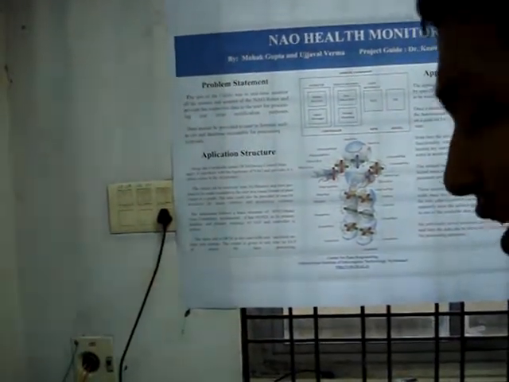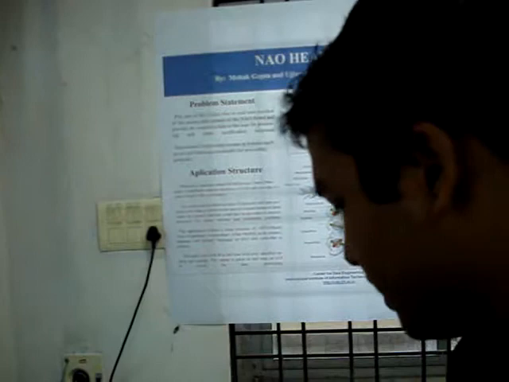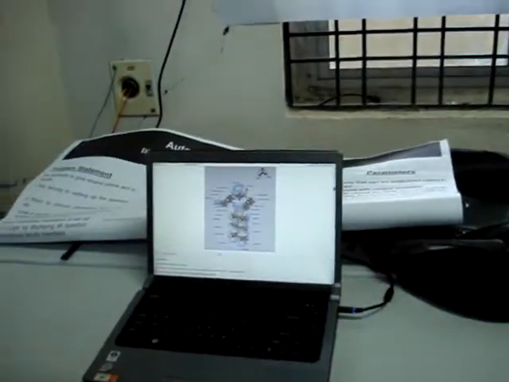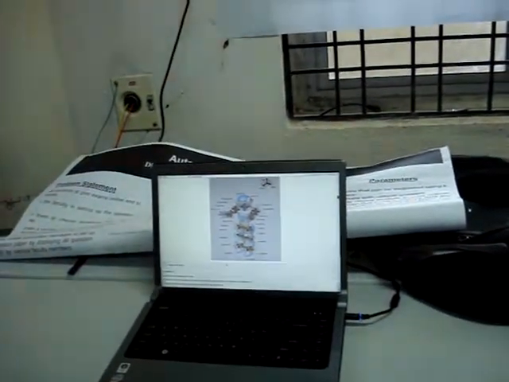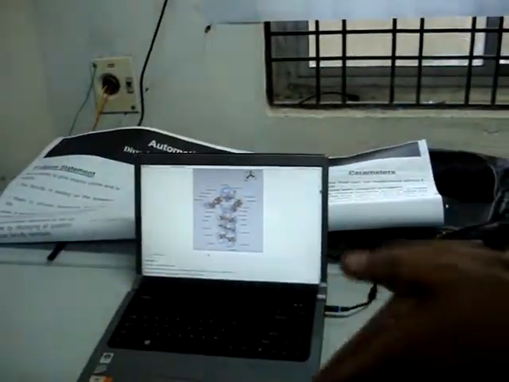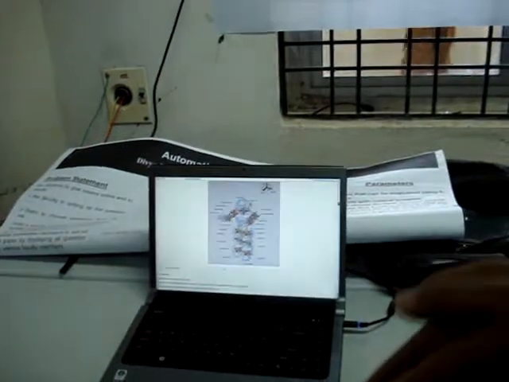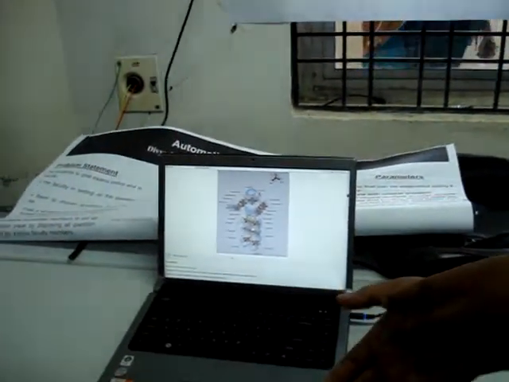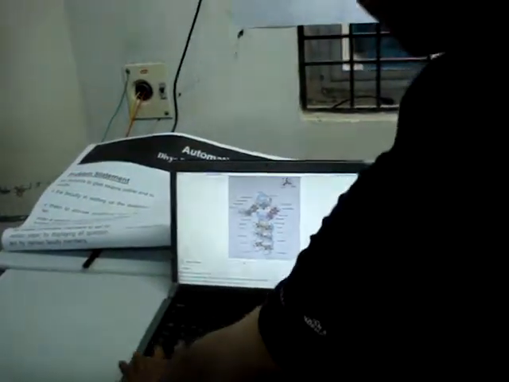So what we devised was that we monitor all its motors. These are the basic 22 motors that are there in the Nao. We monitor all these 22 motors and we provide this data to the user. If the user finds any kind of discrepancy in the data, he or she can take corrective measures and control it. So I'll show you the application.